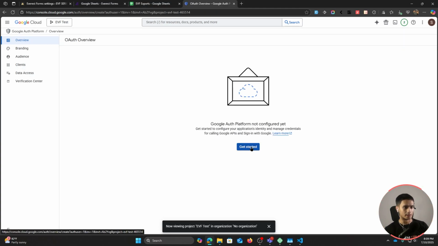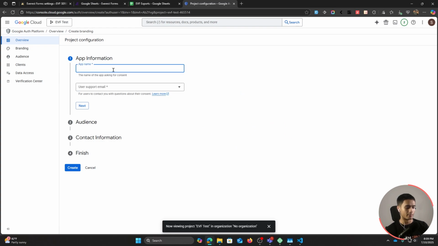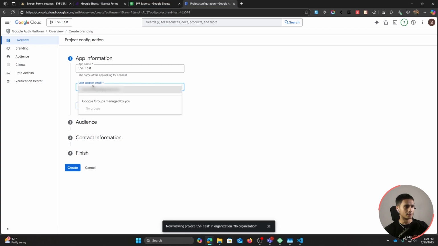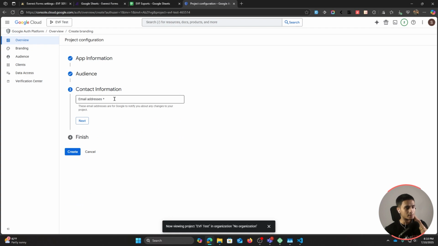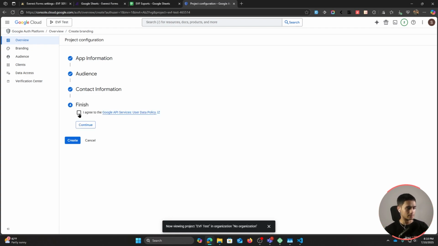in here you can simply click on get started and give your app a name, EVF test. I'm going to name it the same thing as before. And in here within user support email, just select the email that you use to create this project. And once you've selected that, simply click on next, and in here select your audience type as external. Once that's done, click on next once again. Contact information, the same email that you've been using. Simply type it out and click on next. Once that's done, simply check this checkbox, I agree to the Google API services, click on continue and click on